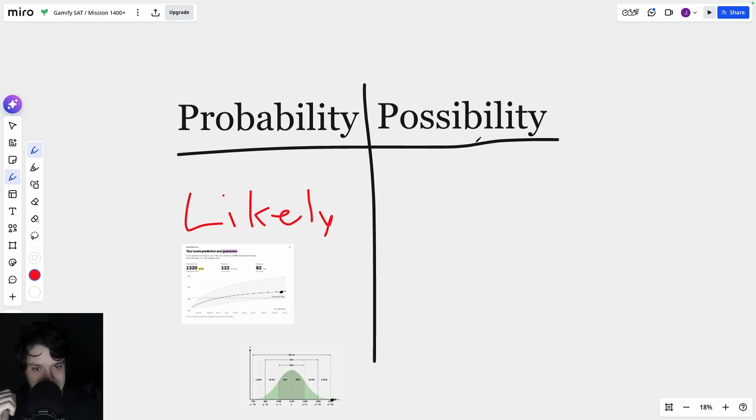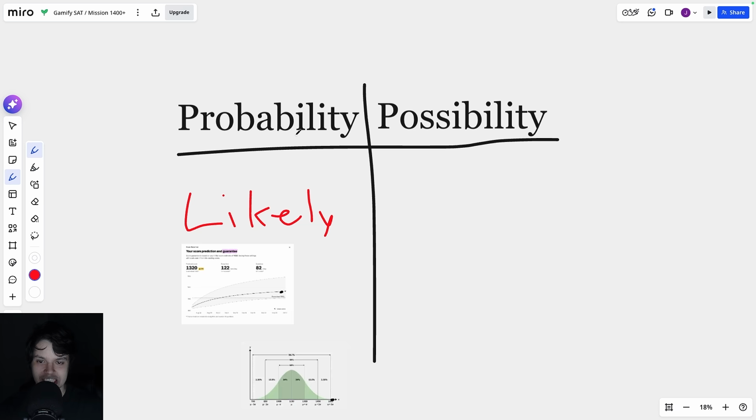Meanwhile, possibility is just something that theoretically could happen. It is possible that it could literally snow tomorrow. It's very unlikely, it's very not probable, but theoretically it could happen, like that day back in March where it snowed randomly for the first time in weeks. It could hail tomorrow, it could rain tomorrow, it could do a million different things tomorrow. It could be really cold tomorrow, for example. Any of those things theoretically are possible, they just are not probable.